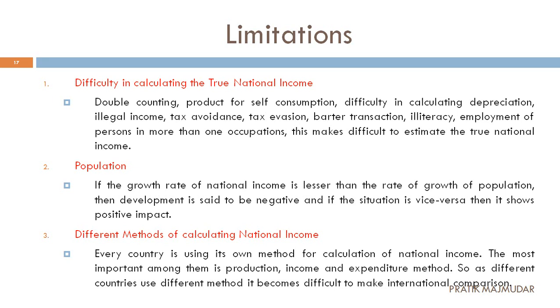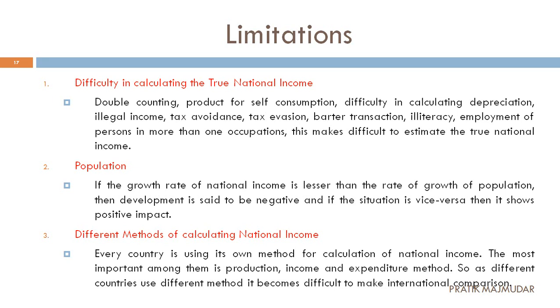That cotton is used by some of the industries for making clothes. So again, they are calculating the national income on that. So that will be considered double counting. So my income is counted two times. So that is the first problem when we are calculating our true national income. Okay, so double counting is there.